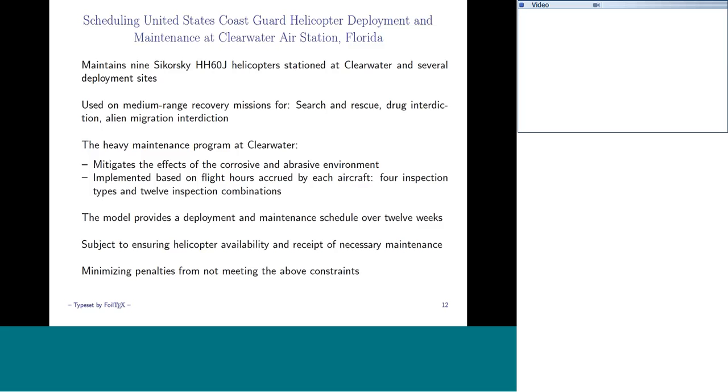And so based on the flight hours accrued by each aircraft, they would go into a certain type of maintenance that would get progressively more aggressive as one accumulated flight hours until a complete overhaul was done at 800 flight hours. And so within these inspection types, which got more aggressive with the amount of flying time, there would be various inspection combinations, and you'd perform some subset of these inspection combinations. That would mean that the aircraft would be down for a certain amount of time. This is, of course, all preventative maintenance. It's scheduled. It's not the maintenance that would come up due to some emergency.